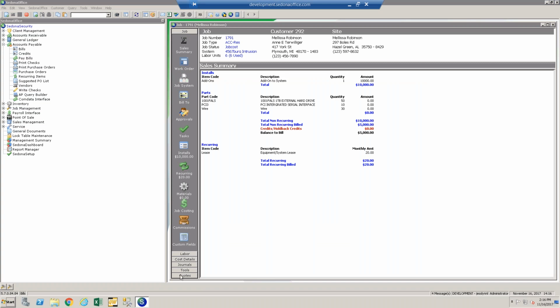And I think everybody knows how to invoice. We're not going to cover invoicing a job today, but if you have questions, of course, you can always send us a ticket in. But just once you invoice a job,